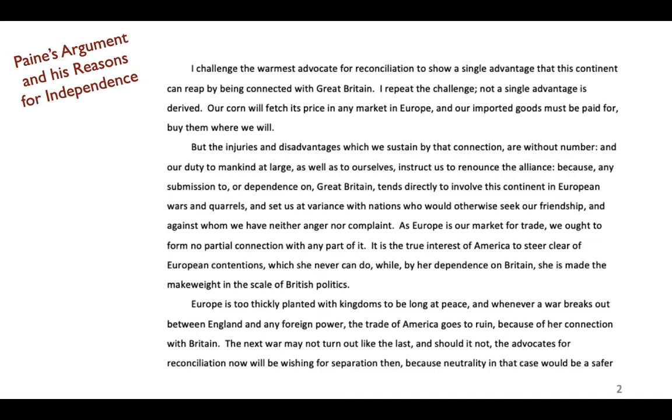Europe is too thickly planted with kingdoms to be long at peace, and whenever a war breaks out between England and any foreign power, the trade of America goes to ruin because of her connection with Britain. The next war may not turn out like the last, and should it not, the advocates for reconciliation now will be wishing for separation then, because neutrality in that case would be a safer